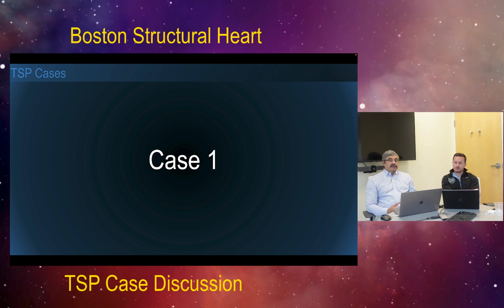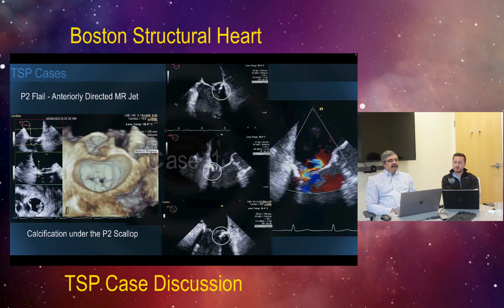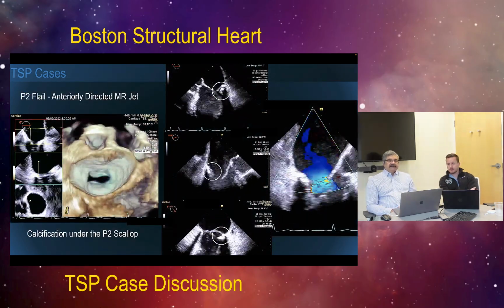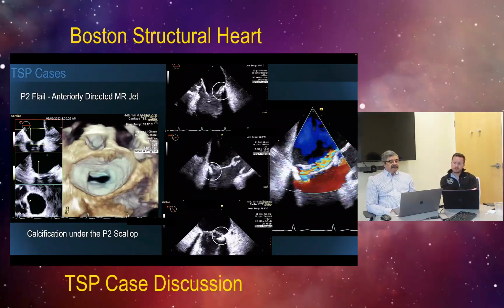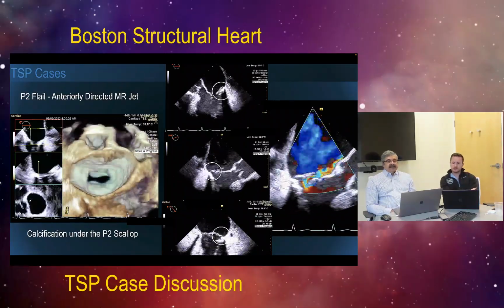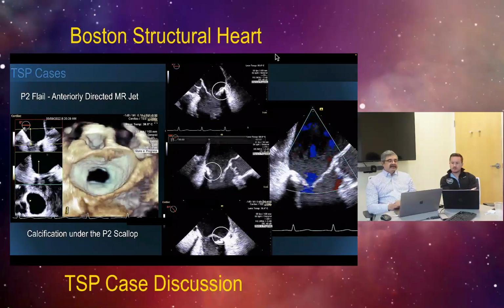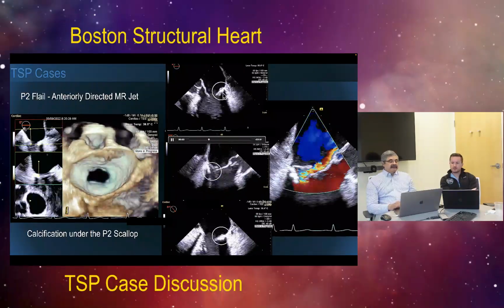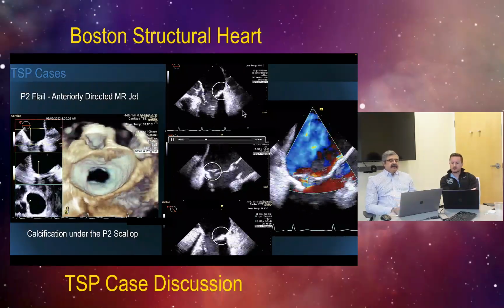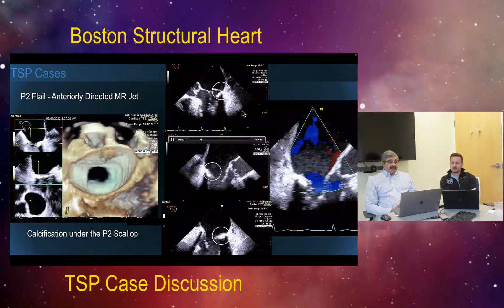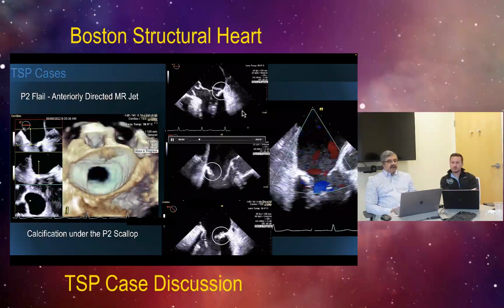So this is our case one. These are actually simple cases, and only one that we have is a little complicated. So let's go over case one. This is a run-of-the-mill P2 flail segment, which obviously has an anteriorly directed jet. The complication was, as you can see in this patient, a pretty significant shelf of calcium in the area of the grasping, which means the leaflet had to be grasped at the site of the flail because that's exactly where you want the